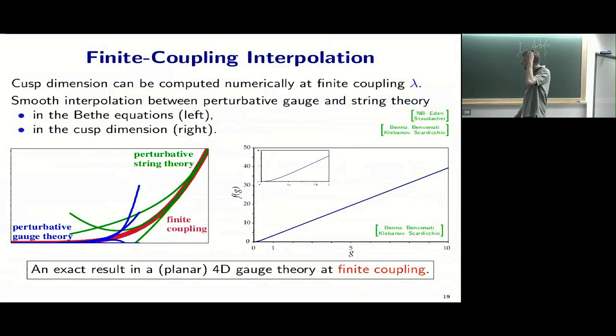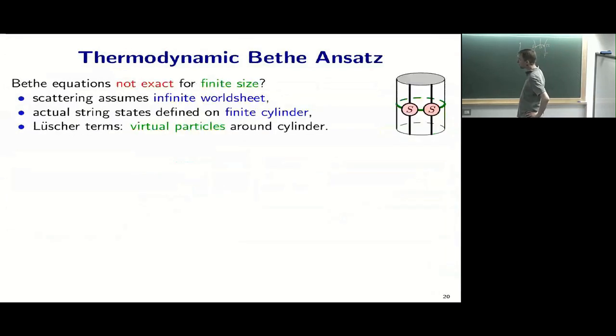But the nice thing is that this red curve gives you an exact result in a four-dimensional gauge theory at finite coupling. It is at infinite N, but it's finite lambda. So from there,